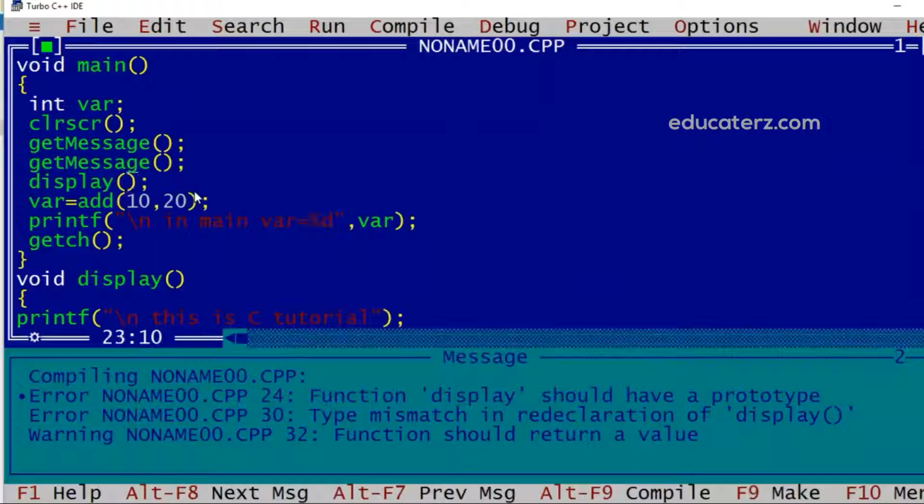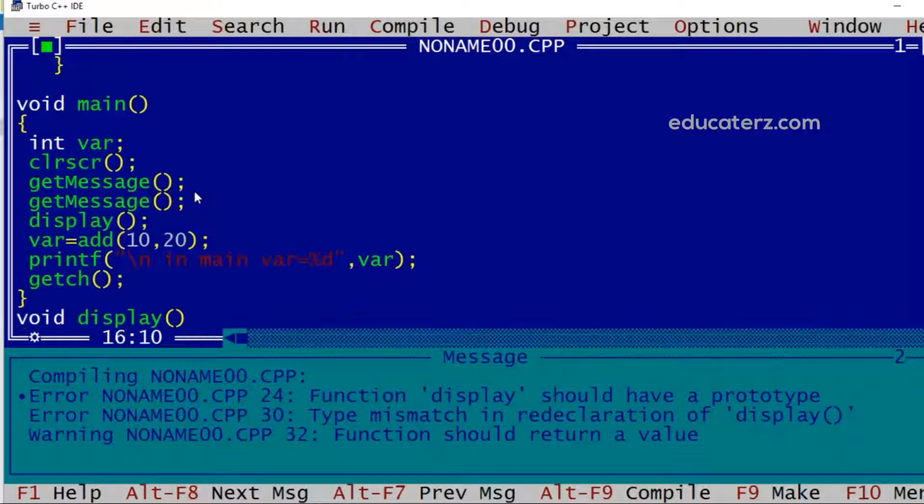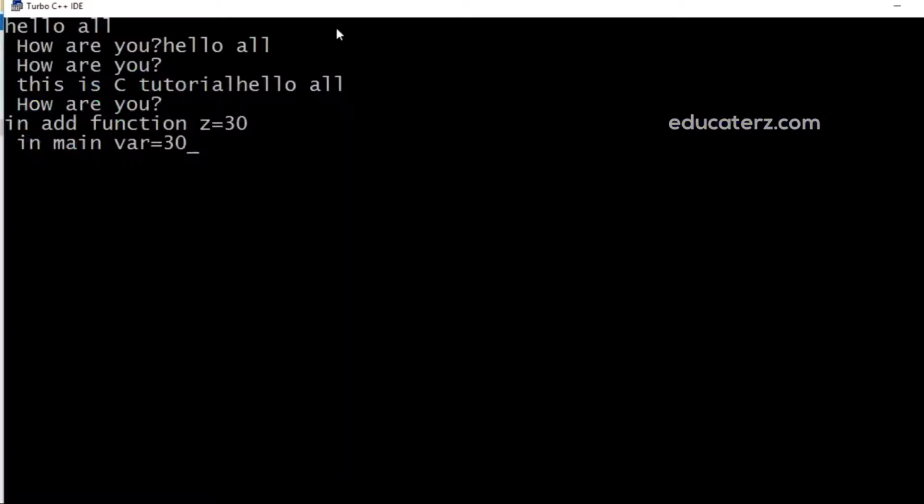So if before defining we want to call it, then we should have the declaration of the prototype done. So that we can do here before calling itself. Now we can execute it.